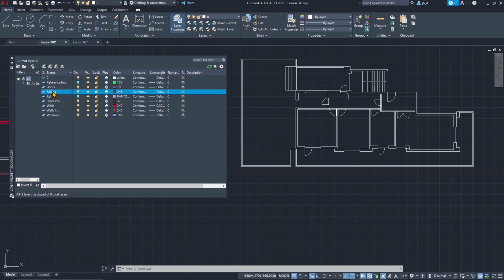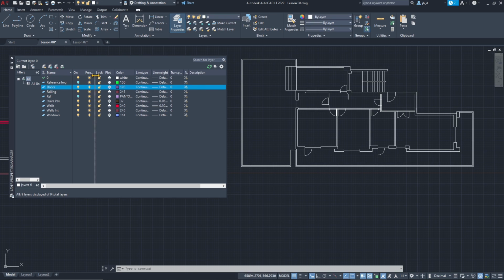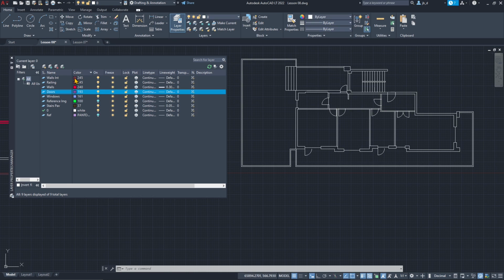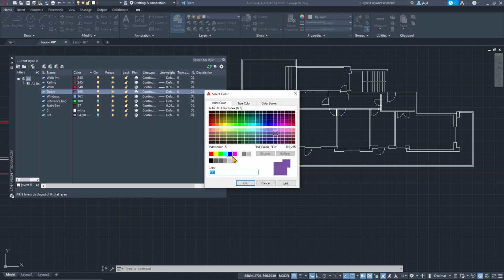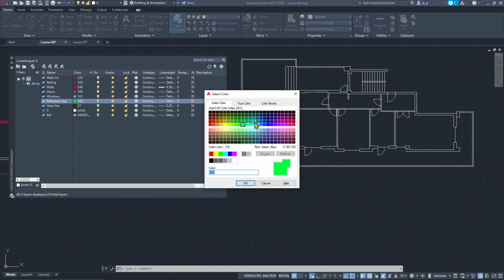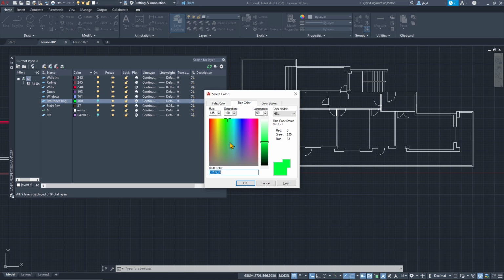I've created a bunch of layers. So first thing, create the layer, give a name, and then, well, let's expand this a little bit so you can read what's up here. And then I usually go straight to the color. So you can also click and drag these columns around if you want to reorganize the columns, and then you click here and you assign a color. So just as we did for the reference image, by the way. And then you can use index color, true colors, or color books, and you find a lot of